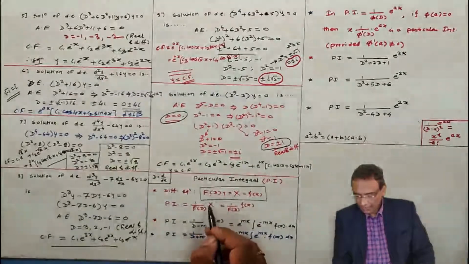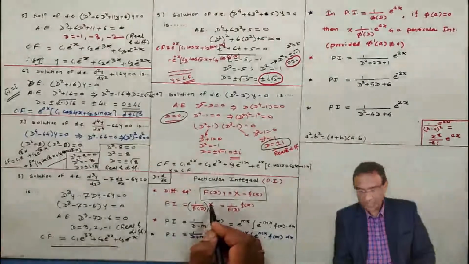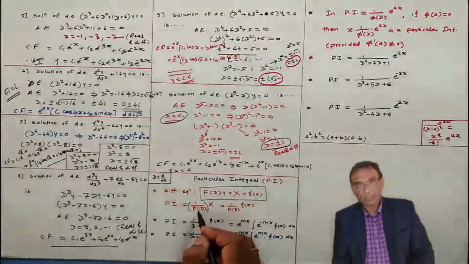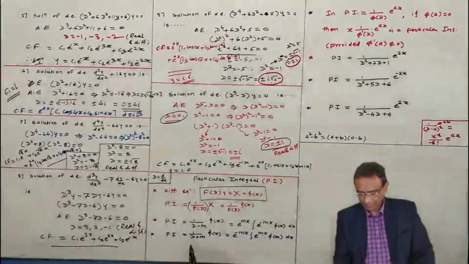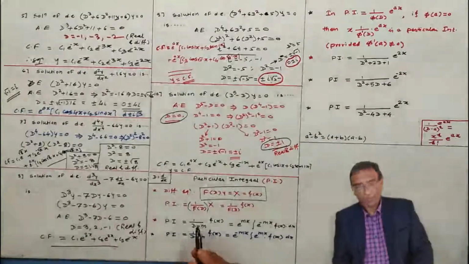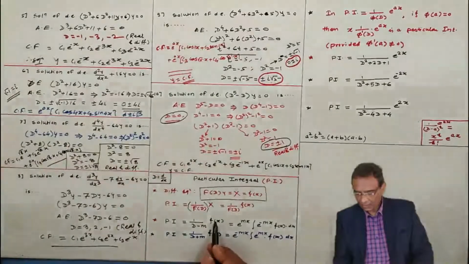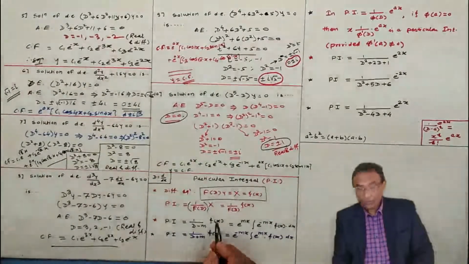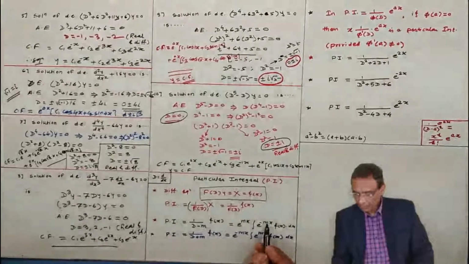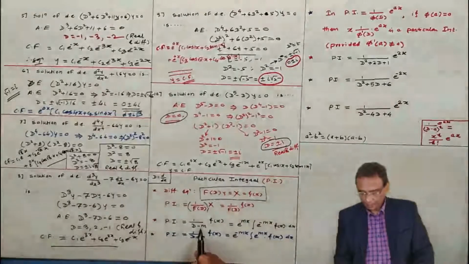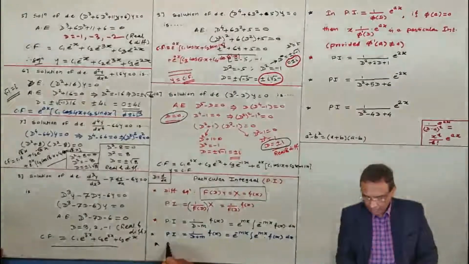It will be 1 by f(D) operating on f(x). This operator I have to operate on f(x). This f(D) goes in the denominator, and don't forget that D is the derivative. Now the particular integral for 1 by D minus m, where m is a constant, I am operating on the function f(x). How can this be resolved? It is e to the power mx integral e to the power minus mx f(x) dx. For D plus m, this minus is replaced by plus here. Okay, for example, particular integral.